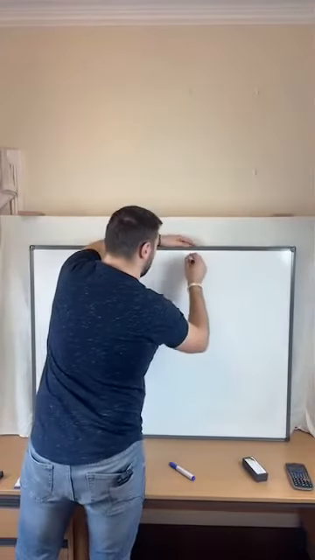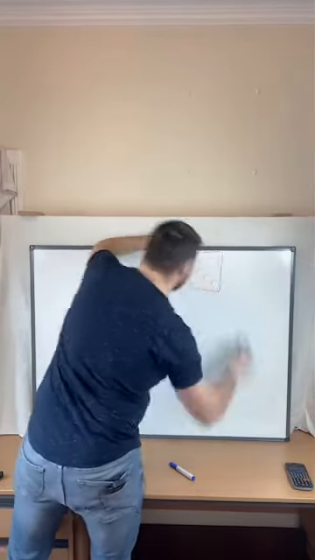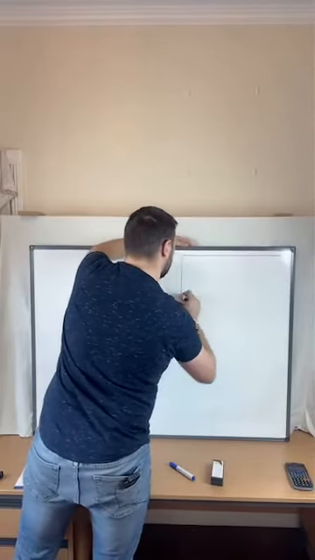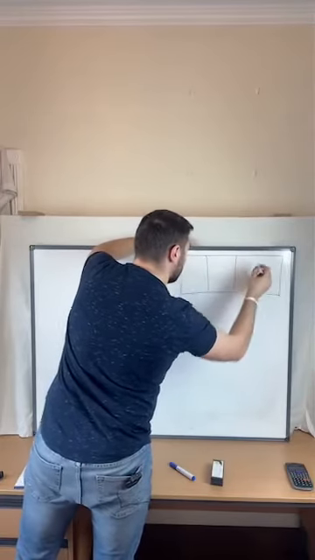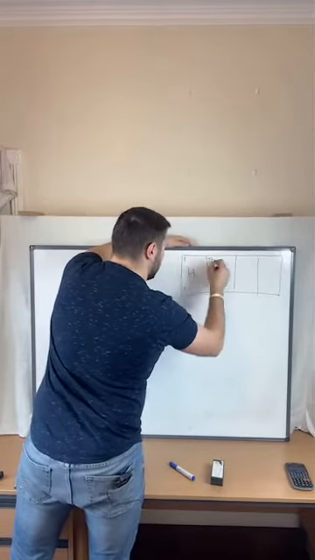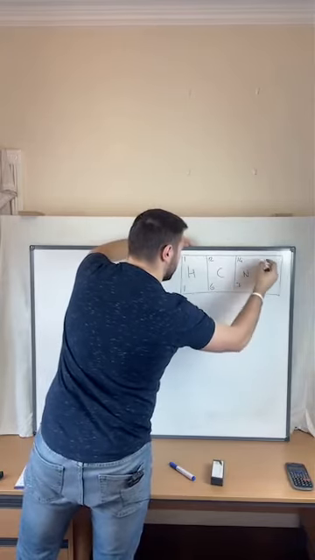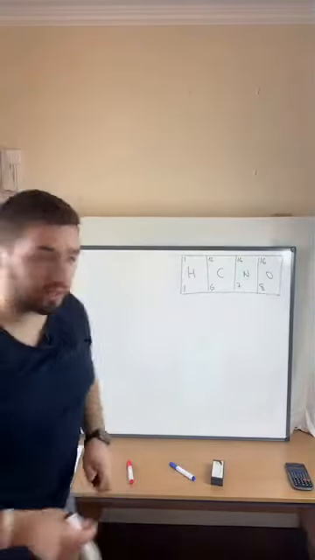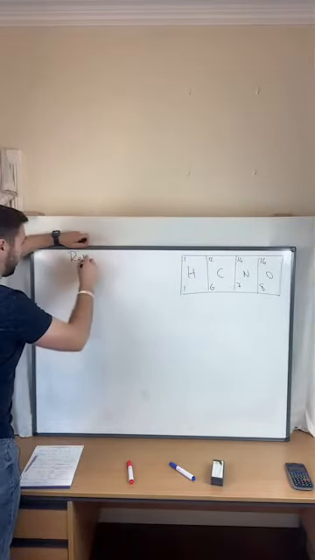Things that we're going to need to know in advance. We are going to need hydrogen again. I've made that box too big because I need to fit 4 of them across here. Okay, hydrogen is 1,1. Carbon is 12,6. Nitrogen is 14,7. And oxygen is 16,8. Those are the 4 that we're going to be focusing on today. So we'll do some practice. Can we calculate the relative formula mass